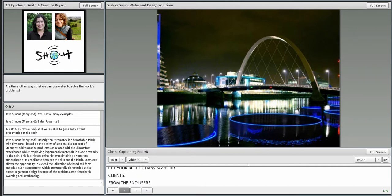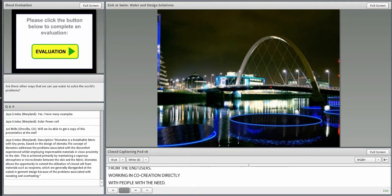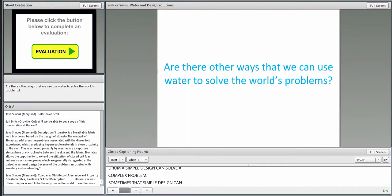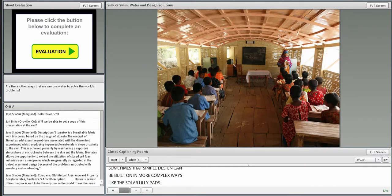And I would add to that that thinking like a designer is a skill set that I think can be applied to solving all sorts of problems. And some of the things that I look at when I see some of these solutions is that some of these problems are very, very complex, yet often, say in the case of the Q drum, a very simple design can solve a very complex problem. And sometimes that simple design can be built on in more complex ways, like the solar lily pads, right? A lily pad is a very simple solution, but to add the technology and create that solves a much bigger